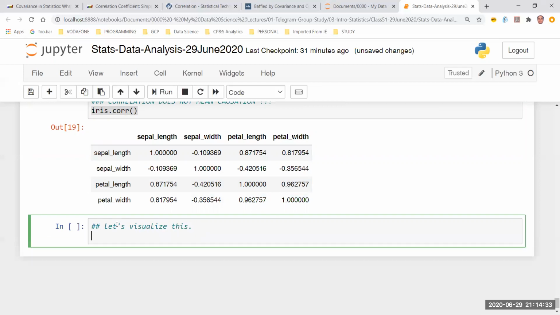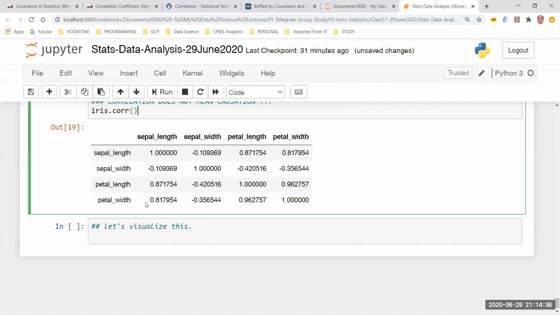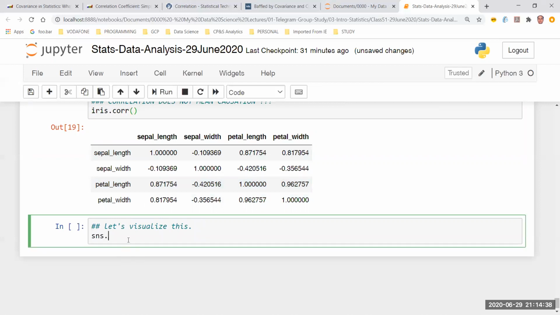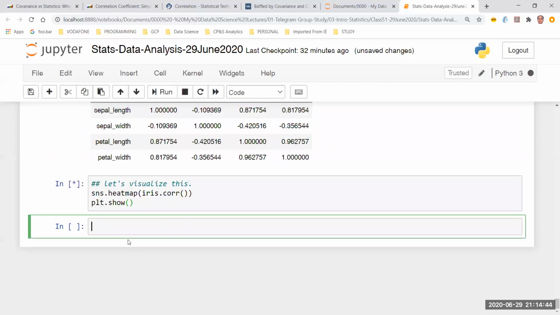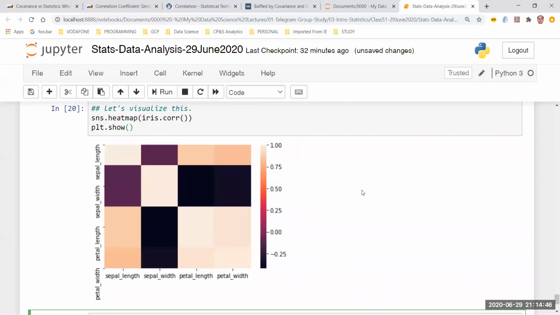So what you do in that case is you simply take this and you say, let's visualize this. I believe when we were looking at pandas and matplotlib, we may have quickly seen this. It's sns.heatmap. And then I pass this value and I say plt.show. And it gives me the heat map. On the x and y axis, I have the variables. On the right hand side, I have a scale. The scale goes dark if there is negative correlation. The scale goes high if there is a positive correlation. So obviously, the diagonal elements are absolutely white.